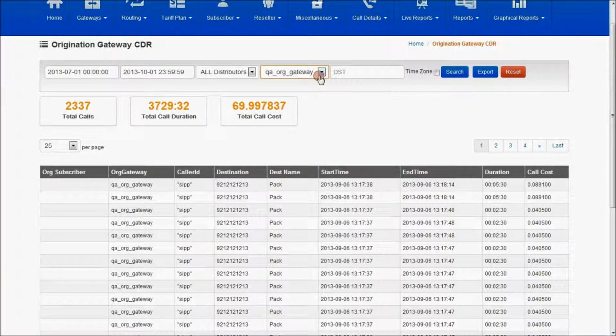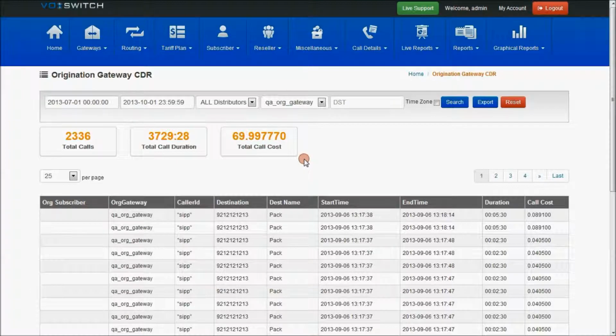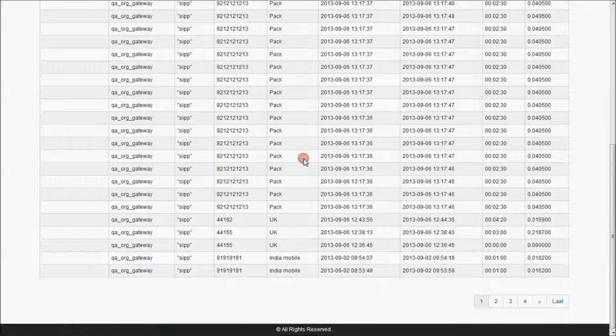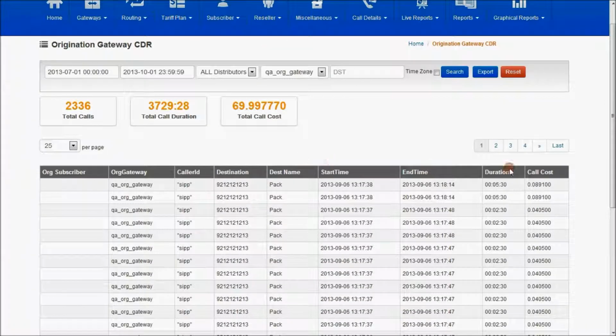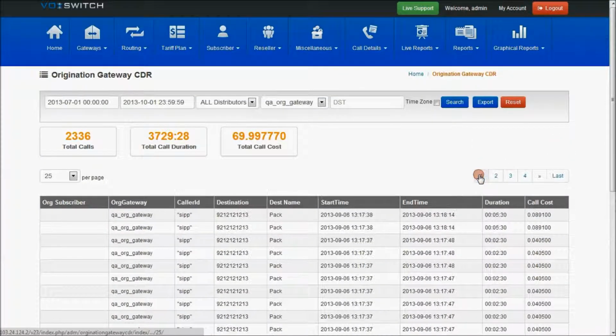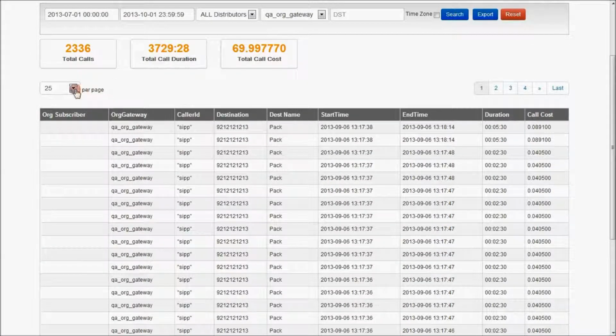I'll select the particular Origination Gateway, and on selecting this, the data will be displayed with pagination. If I select last and first, the pagination will work and the per page value will be the same. And as I already explained for the admin CDR, the same details will be displayed.